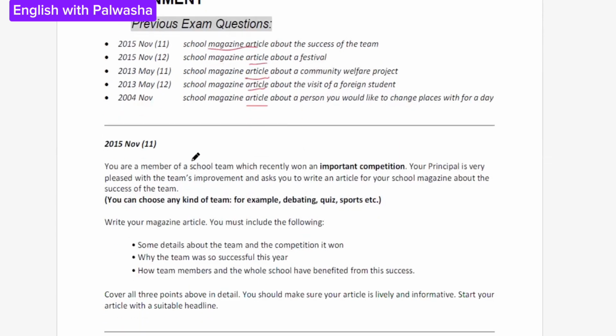Okay, so here there's going to be a slight change, it's actually a huge change, I must say, in this new pattern of 2024. Again, I'm repeating that you're going to get two texts, and from those two texts, you're going to extract the information.